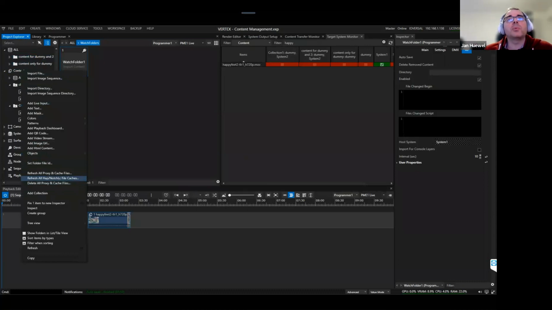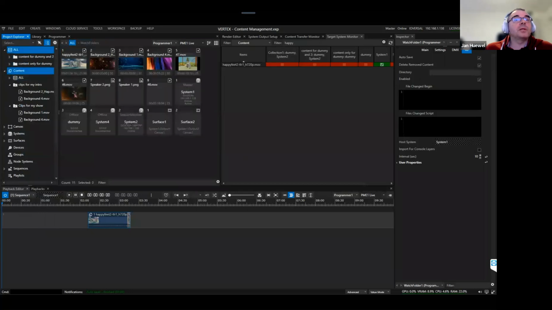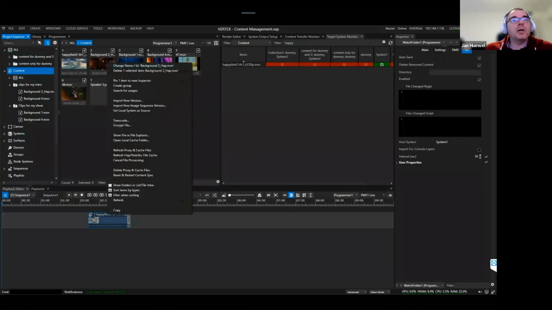I also saw the question earlier what that means. And you can also delete all proxy and cache files if you want to get rid of them. Then on the content itself, just go over here. There's a few options where you can do the same thing just per content. And there's also some more in-depth